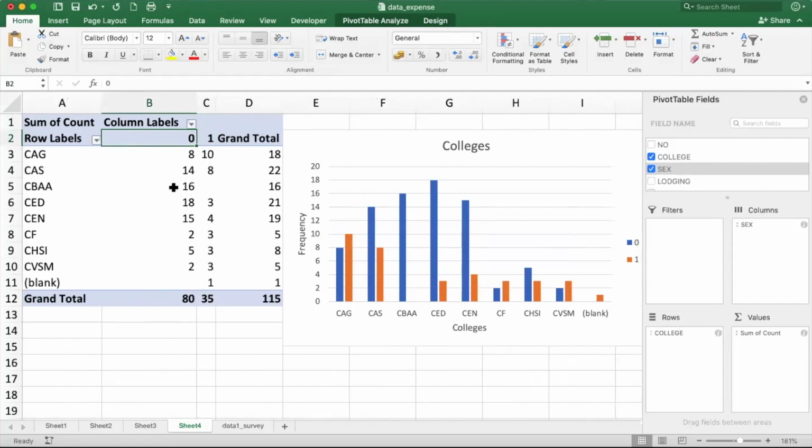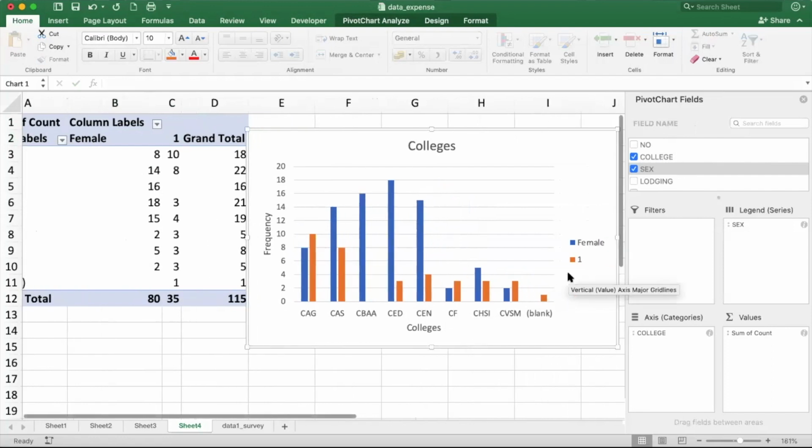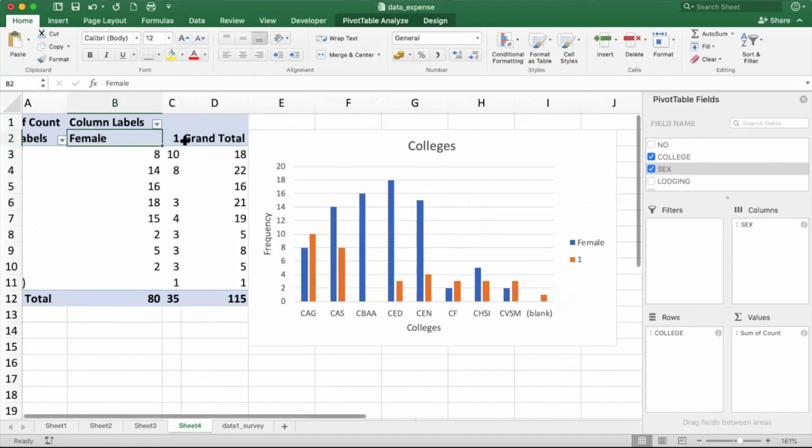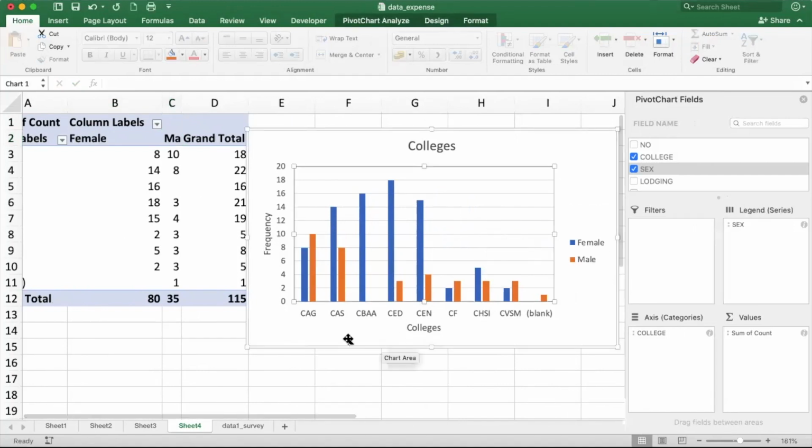So, this is female. Ayan, nag-update na siya kaagad. Meron na siya doon. Female. And then, this is male. Ayan. So, at least, kompleto na yung parts ng graph natin. Next is,